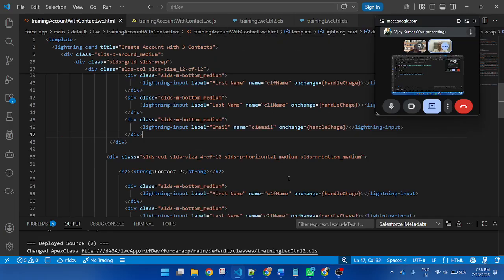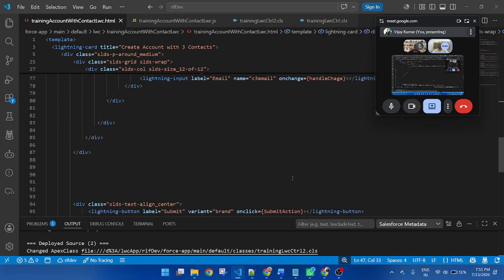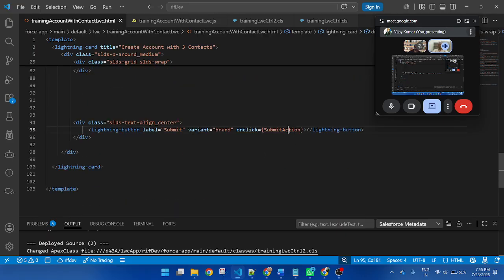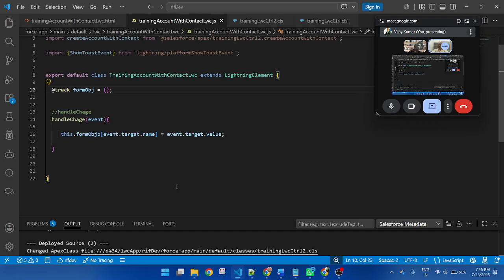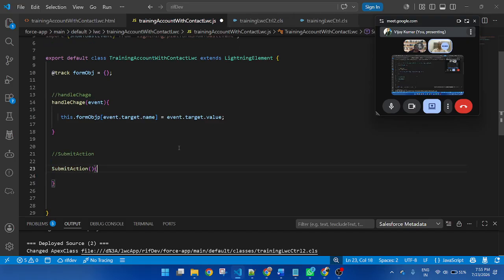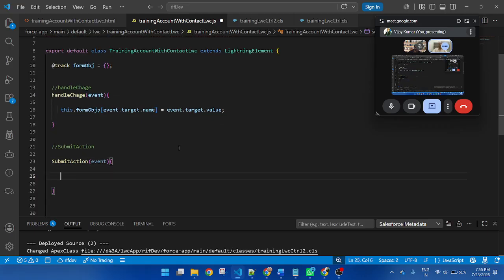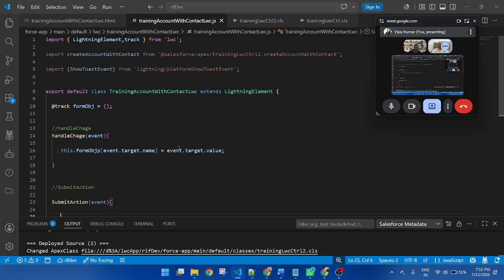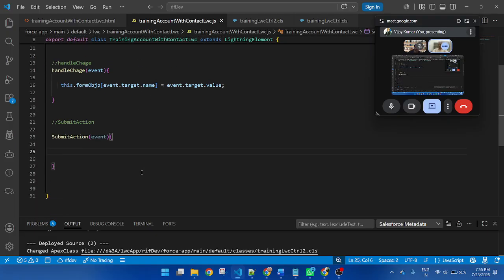Now create a second function. The second function is the submit action. So handleChange starts here, closes here. After this close, create a new function for the submit action. And let's check whether data is stored or not.